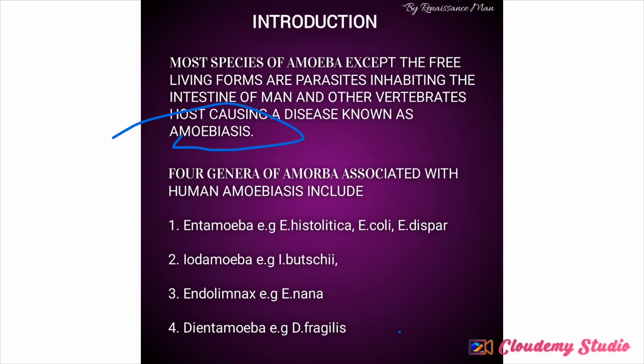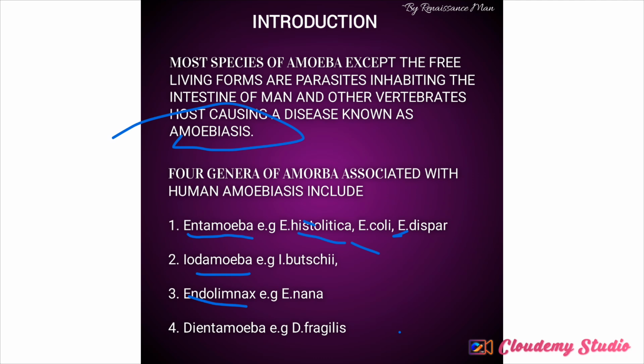So this is the disease that they caused. And the amoeba that cause disease are related to four genera: Entamoeba, Iodamoeba, Endolimax, and Dientamoeba. And we have different examples of these animals. Under the genera of Entamoeba, we have Entamoeba histolytica, Entamoeba coli, Entamoeba dispar, Entamoeba gingivalis,